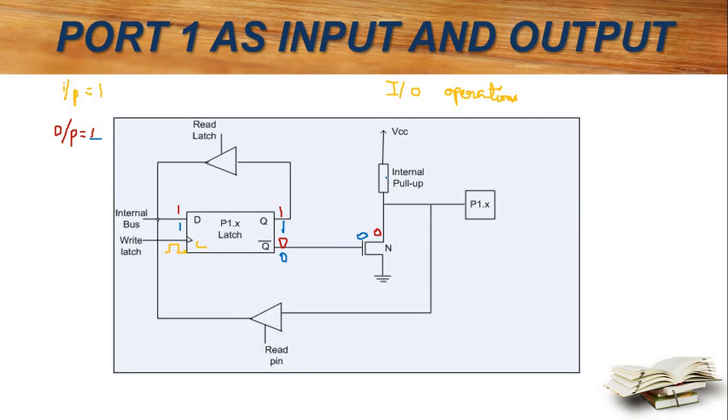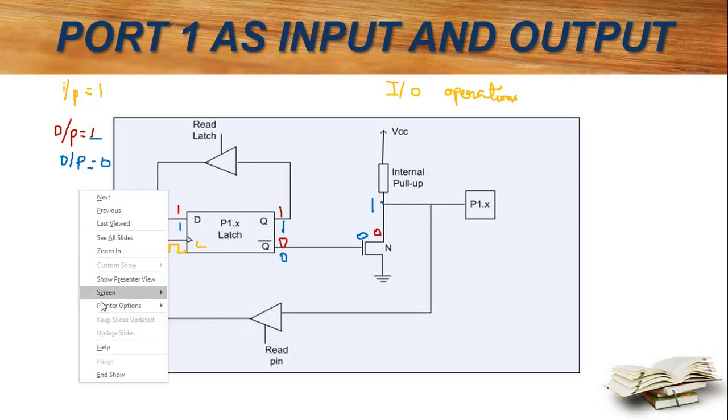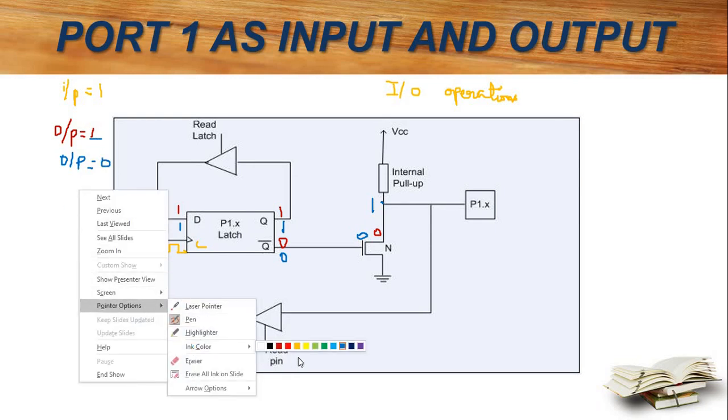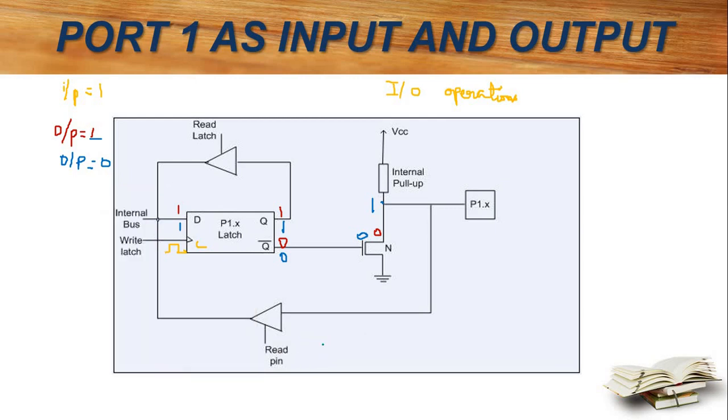So by adding internal pull-up resistors, I'll boost up my voltage and I'll get the output as 1 at this point. After adding pull-up resistors, I'll get 1. So that is the first condition of output. Next condition is when output pin equal to 0. In output equal to 0, we don't need any pull-up resistors, but we will get an output. That is 0.